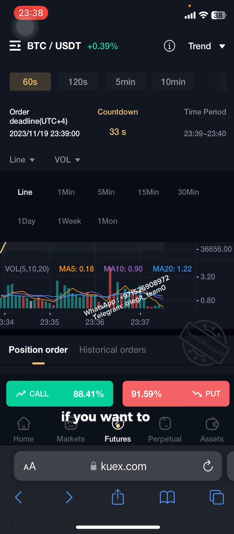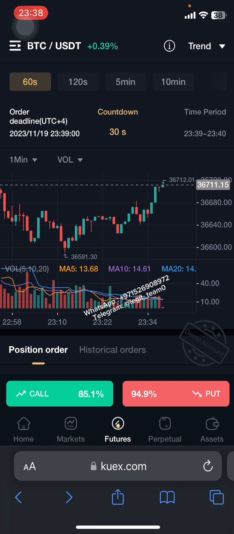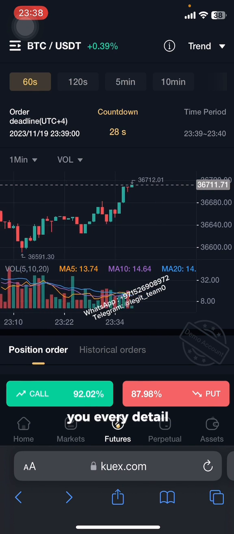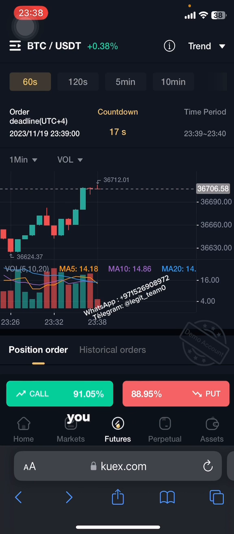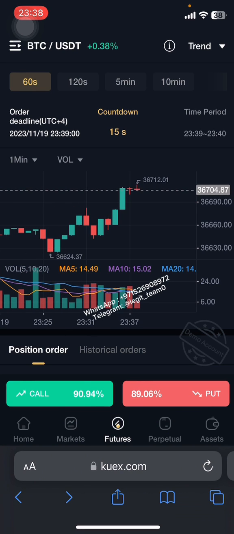You can see, if you want to see the candle view, you can see from here. The video is longer, but it's giving you every detail, so better you don't skip it and you watch it carefully, that how it works. And also the main thing is, after you understand, directly contact with me. I'm gonna give you full support for it. Okay, so let's see, it's only 13 seconds.